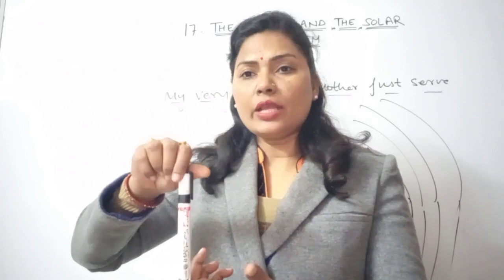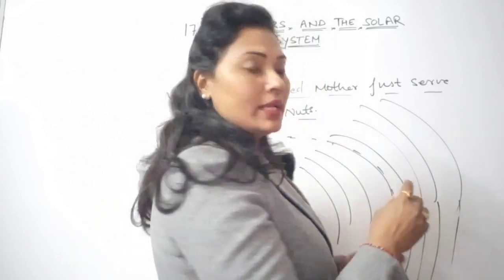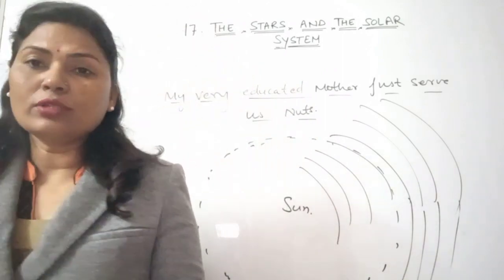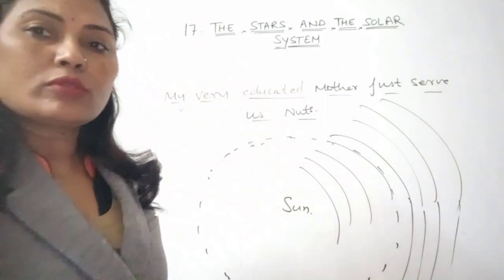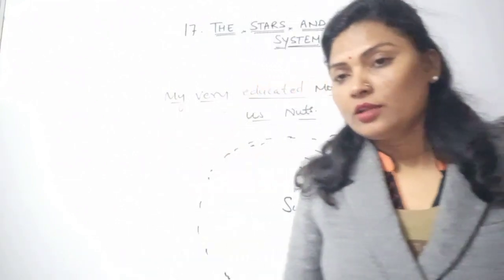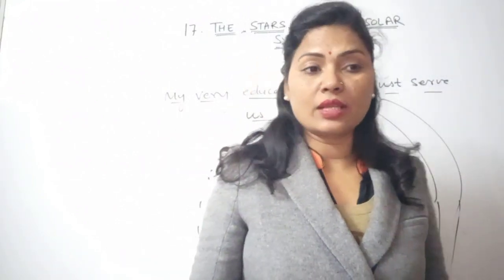So that is known as rotation, which means the earth is moving on its axis. When it is also moving around the sun, that is known as a revolution. So these are the main terms. Now